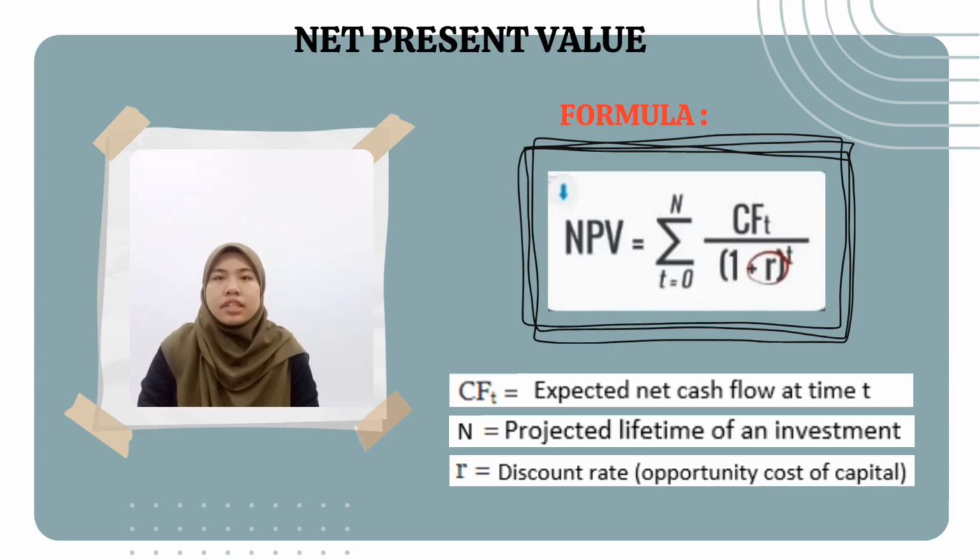Now, let's organize this cash flow into a formula. The term CFt is the expected net cash flow at time t. n is the projected life of the investment and r is the discount rate, also known as the opportunity cost of capital. As you can see from the formula, calculating the NPV of an investment goes through a process which